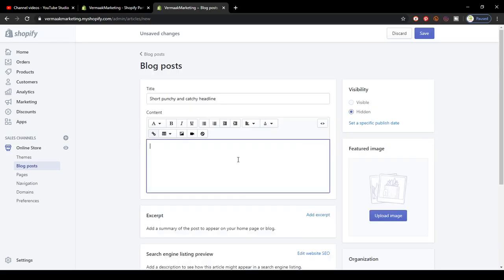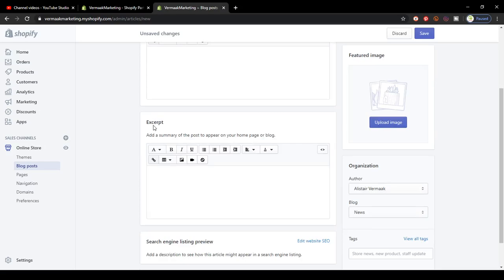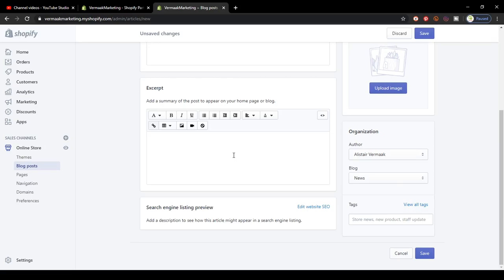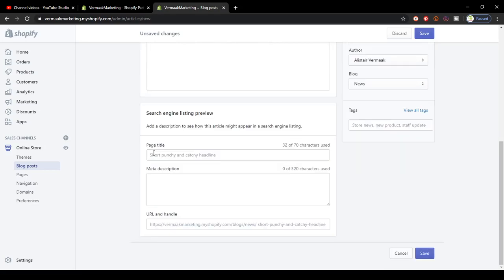Once you've created a blog post, you then need to summarize what you've written, and that's called an excerpt. Just write the key points of your blog post in your excerpt. It's just a way for the search engines to see what your site's about or what your blog post was about. Typically I then take this excerpt and I post it in my description. So remember above we added a short punchy headline there. You see that now here. That is the same thing that's going to show up in search engines unless you come and change it here,